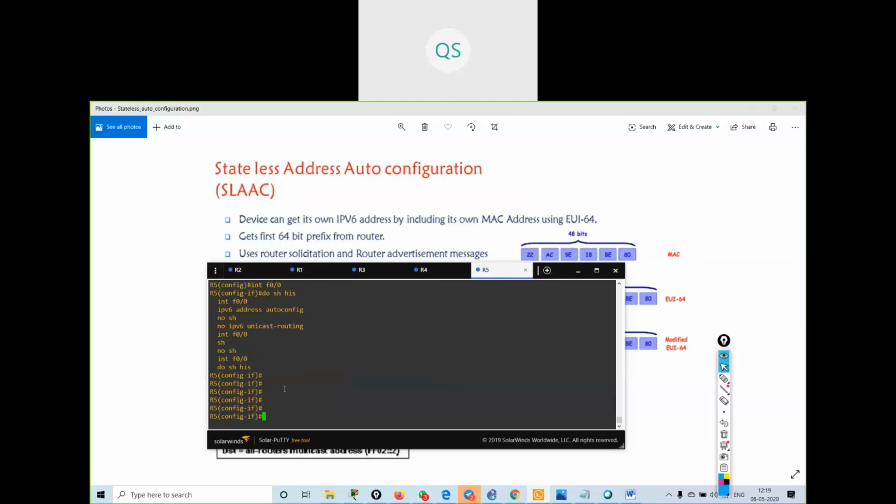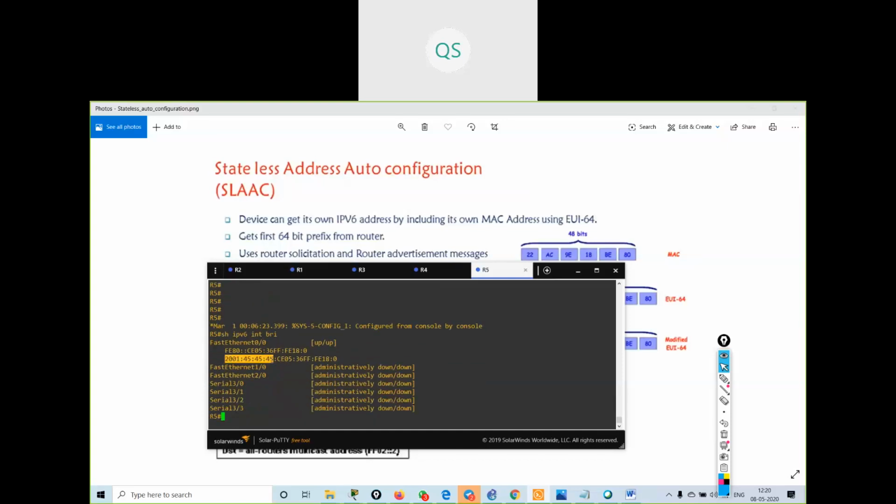If I give show IPv6 interface brief, I'll get the first 64 bits as my router's, and the last 64 bits as my link local address, using EUI64. Understood?